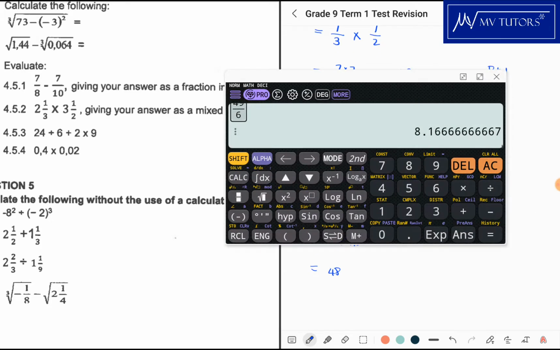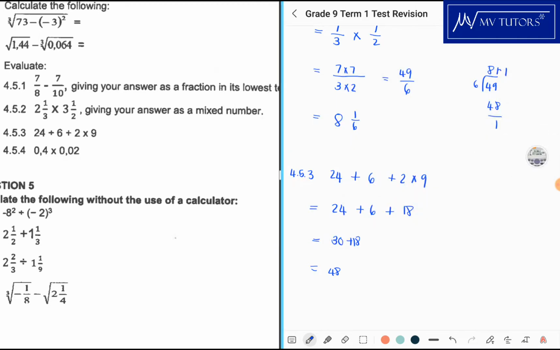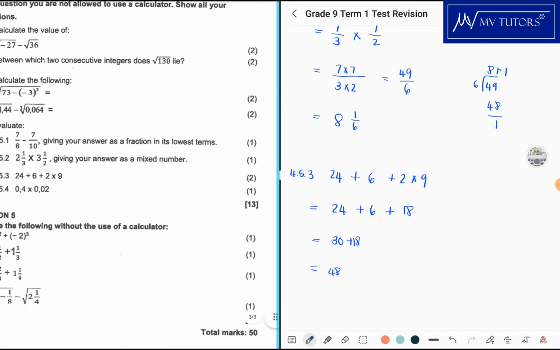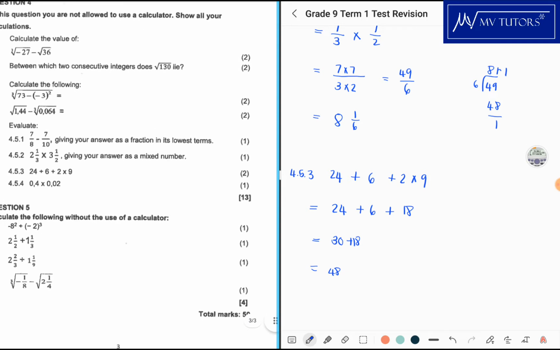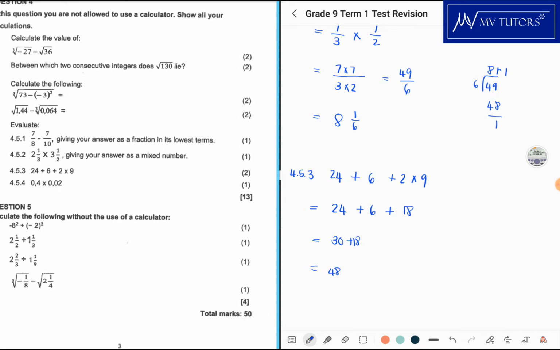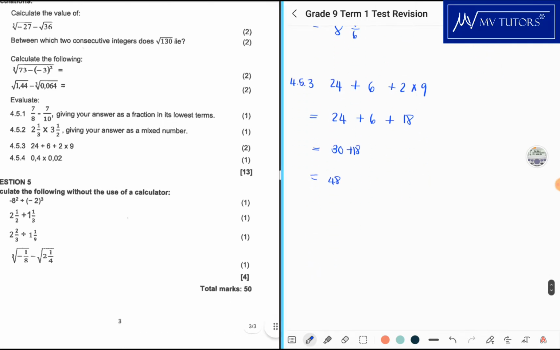We can also just put everything in the calculator. Say 24 plus 6 plus 2 times 9, and that gives you 48. This is all one... what? 1 mark. Oh, that's 2 marks. But this is weird. How can 4.5.2 be 1 mark and 4.5.3 be 2 marks? Hey. Anyway,